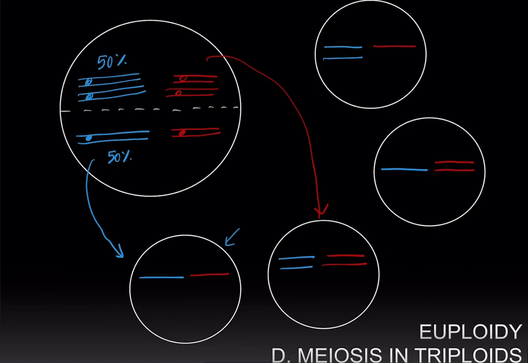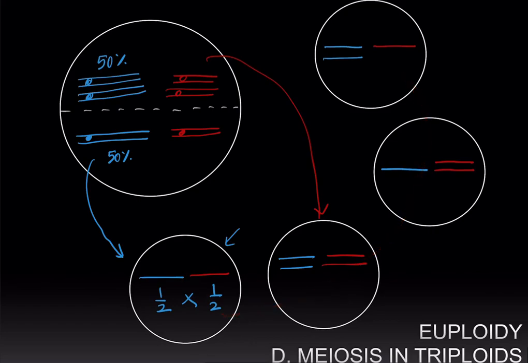Therefore, the probability of being haploid for the blue chromosome is half, and the probability of being haploid for the red chromosome is also half. And in order to get both being haploid, we use the product rule, and the probability of getting haploid for two chromosomes is going to be a half times half. And that can be seen here because we have 1 out of the 4 different gametes is haploid for